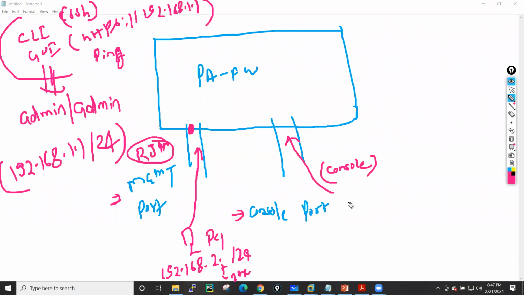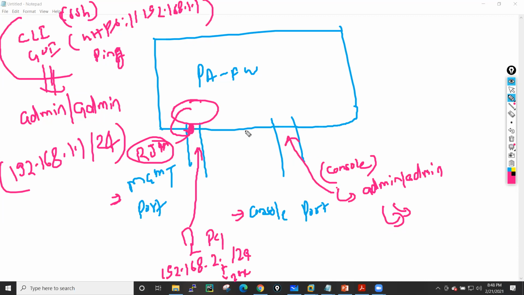If you want to access this firewall via console, you take a console cable, connect it to your system, and get the console access. You enter the username admin and password admin. After that you can start your configuration, configure the IP address, configure the host name, and connect. Generally, the first time we configure everything on the management port.